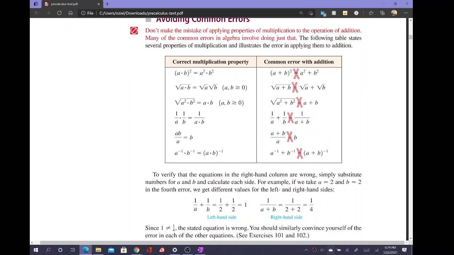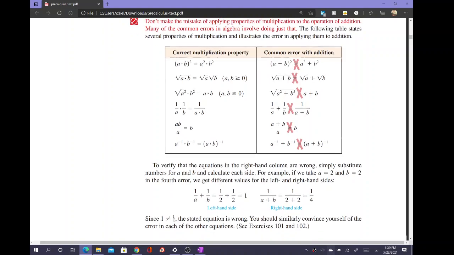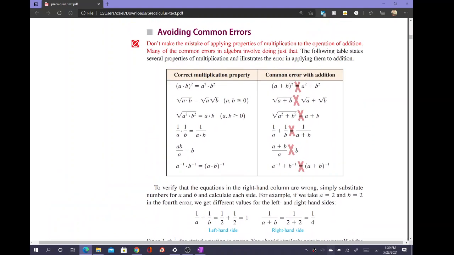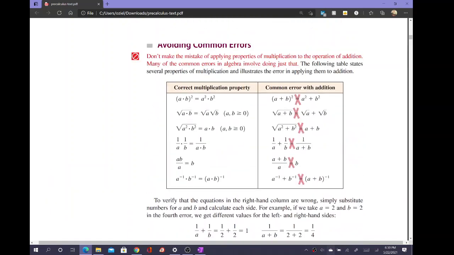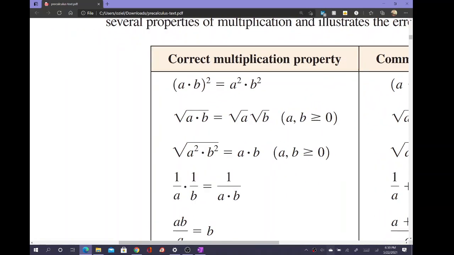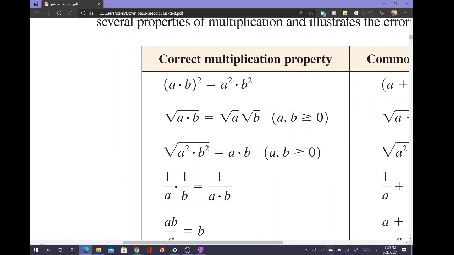Okay, so these are just avoiding common errors. This is what I was going to say, or I believe this is the last part of this section, at least I hope. So yes, or actually yes it is. So one of the common errors that a lot of students make, and you really want to try your best to avoid these errors because you can get confused. A lot of people say that, for example, this one here,